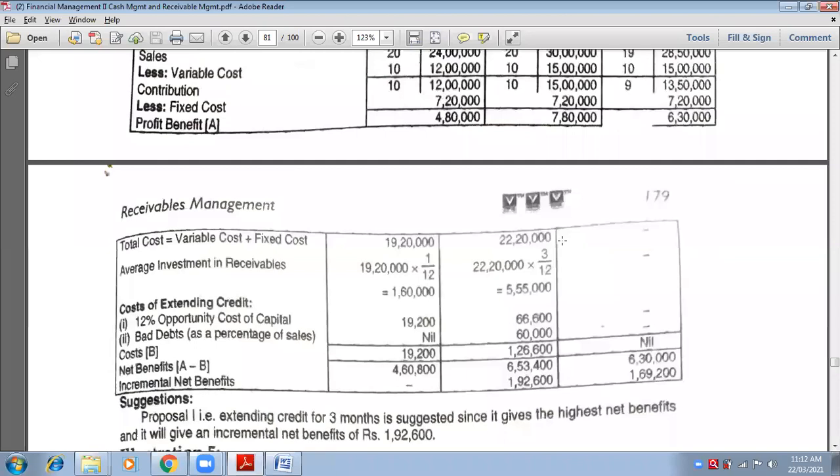Yes, ma'am. Now the next thing is to calculate average investment in debtors. Write down: average investment in debtors is equal to